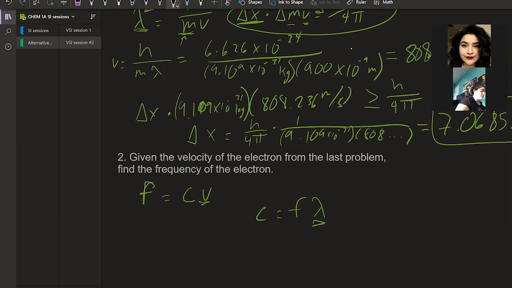So F equals 3 times 10 to the 8 for the speed of light, times the velocity that we got. So I should get 2.424 times 10 to the 11, and that's 1 over seconds. For frequency, I should also get F equals C over lambda. So again, 3 times 10 to the 8 over 900